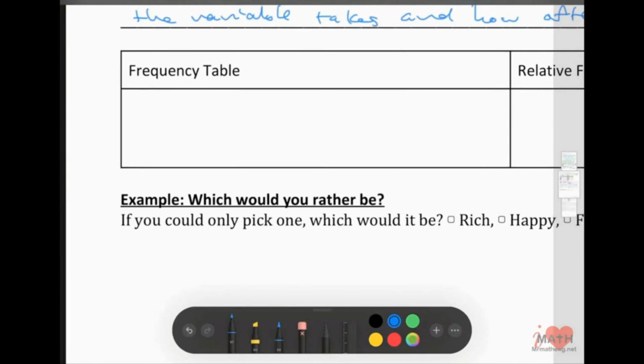A frequency table shows the, okay, so I'm going to use count. I'm going to change the colors there so you can see the emphasis. Frequency is a table that shows the count of individuals